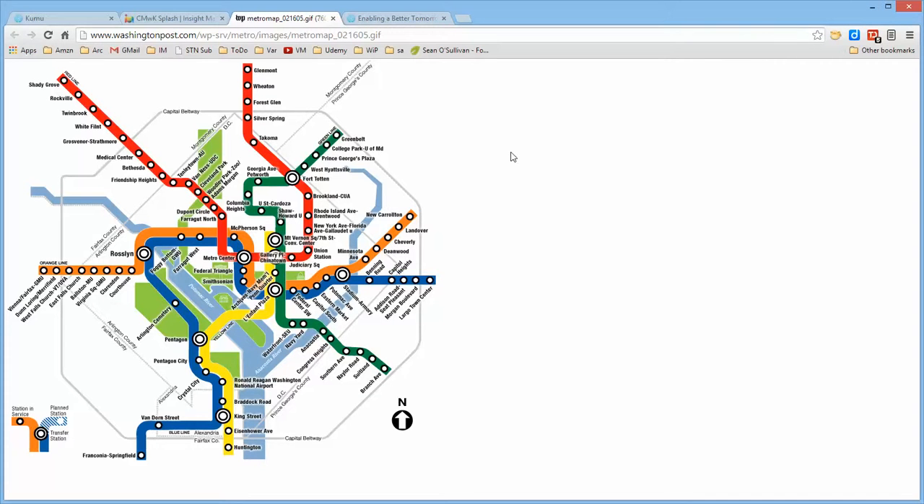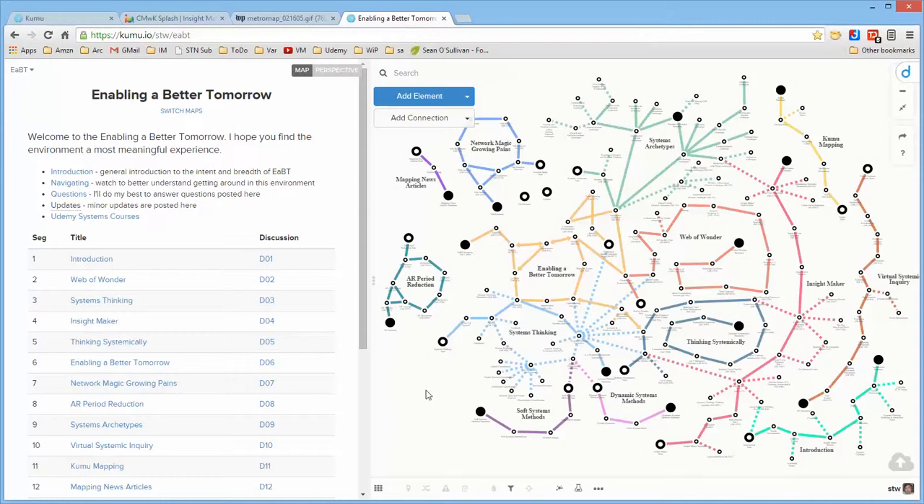So what I finally arrived at in Kumu, which I found out was actually quite well suited to doing this, was something that started out as the Systems Thinking Certification Program and finally turned into Enabling a Better Tomorrow. It's a set of learning threads, each one presenting a particular concept, which is listed here on the left,